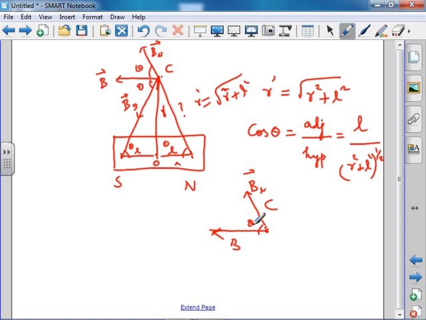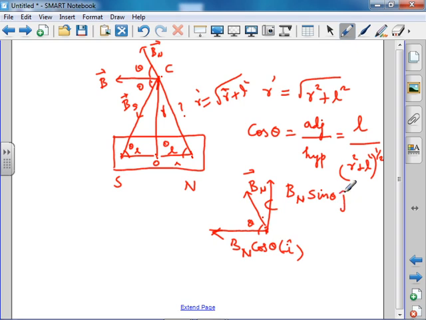Suppose it is theta, then how can we resolve this into two components? One is horizontal, another one is vertical. So the horizontal component of Bn vector is Bn cos theta. Here the direction is along the negative x direction, so we write minus i cap, and the vertical component lies along the positive y axis, so it is Bn sin theta j cap.